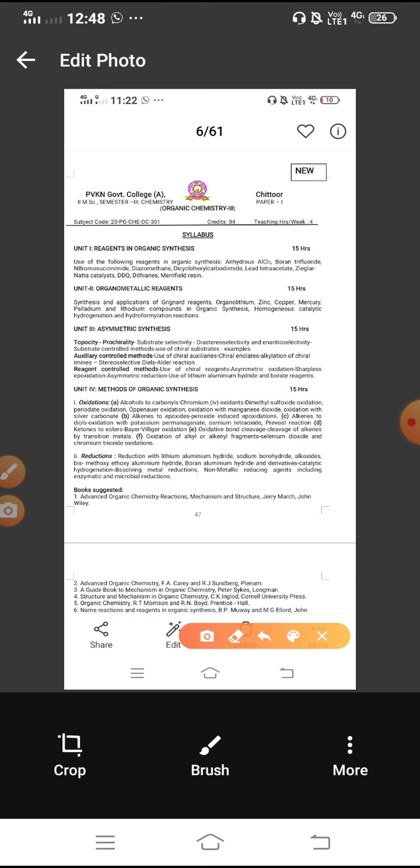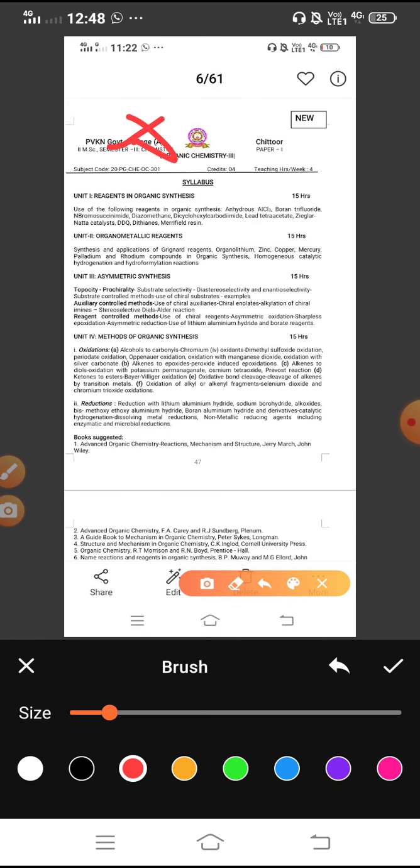So we are discussing just the introduction. What is oxidation? How many types of oxidation? What is reduction? How many types of reductions? What is an organometallic reagent? Now we will discuss reduction. Reduction means addition of hydrogen or removal of oxygen. For example, one example of reduction, R C double bond O H.